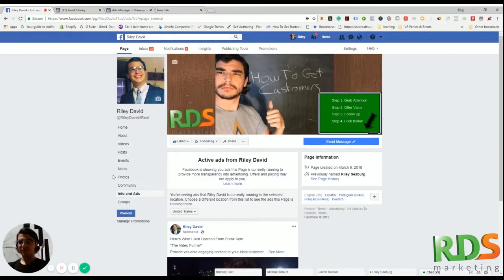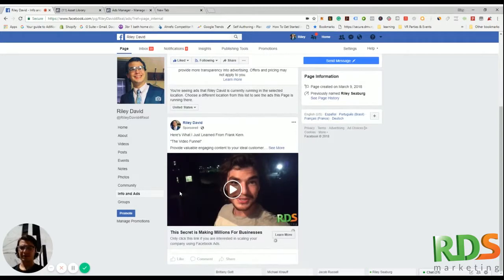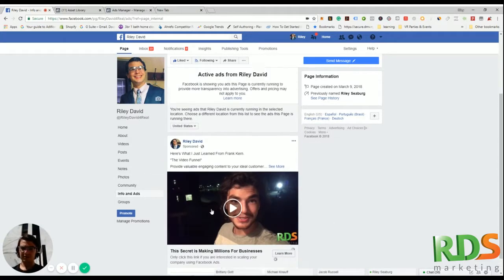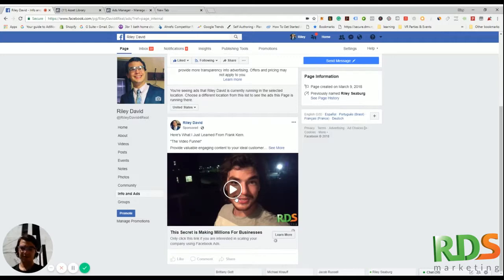You guys are aware that Facebook got caught up in the controversy over the election and stuff like that. One of the changes they made recently is they added a little tab down here to each page, every single page on Facebook, called info and ads. This is actually how you can really check. It's a way that you can kind of peek on people and see what they're doing. So you'll see that I'm running an ad right here called the video funnel,